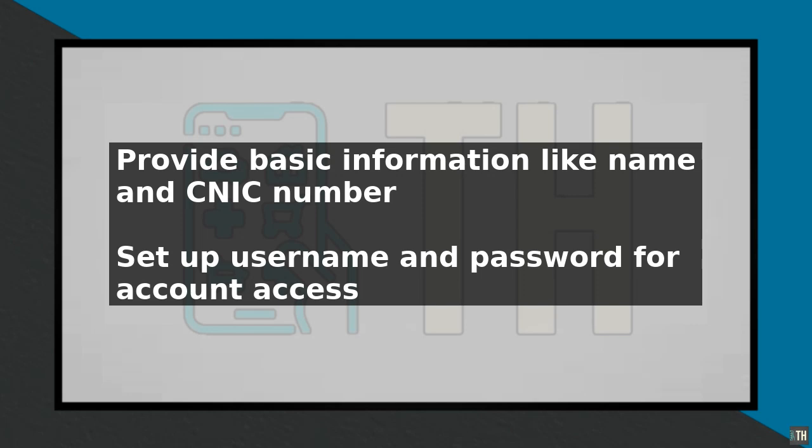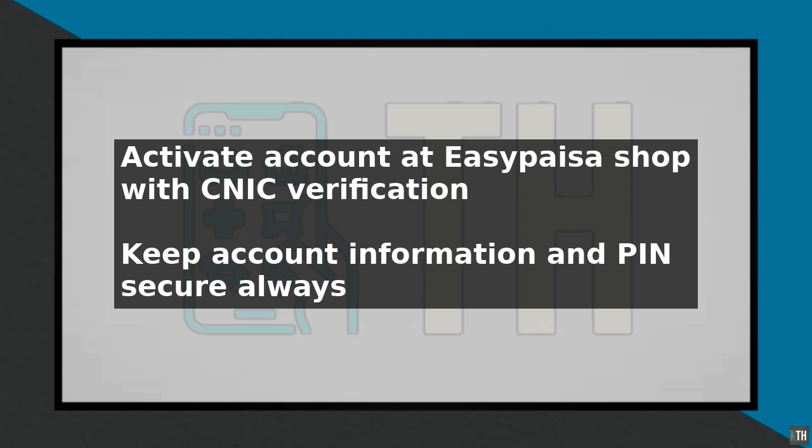To activate your account, you will need to visit an Easypaisa shop or a Telenor franchise and provide your CNIC and the mobile number you used to create your account. The agent will verify your information and activate your account. Once your account is activated, you can start using it to make transactions and take advantage of the various services